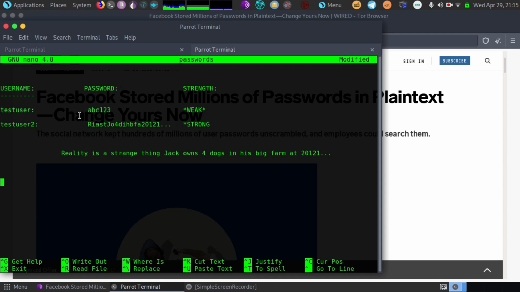But on the other hand, the ABC123 will not take a long time. So we're going to test that out using John the Ripper real fast, and we're going to try and crack both these passwords and see which one gets cracked first. I'm going to open up John the Ripper because I feel it's important to demonstrate these things to help people understand privacy better. So I'm going to crack the password file now.